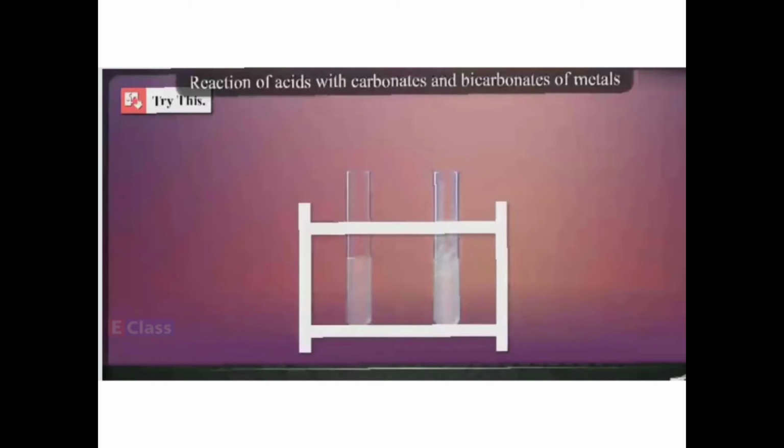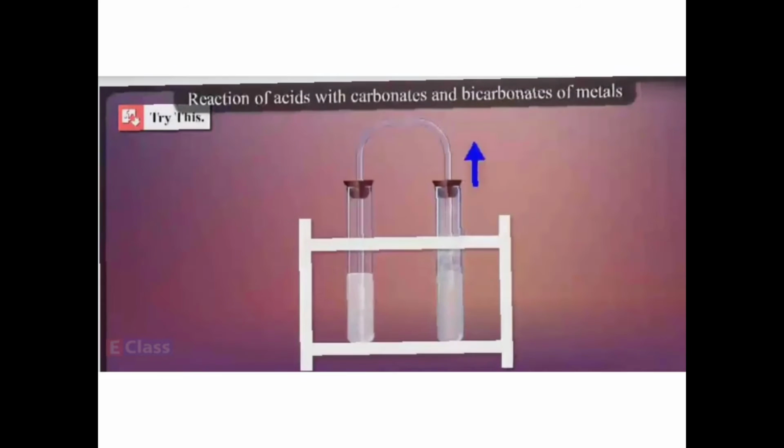We are going to take the lime water in the test tube. See, this is the lime water. Okay, you are going to keep it handy. And in the other test tube, you are going to take the baking soda. Here you are going to take the baking soda and just add lemon juice into it. Now such things are there at home also, lemon juice and the baking soda. So you can just add it and immediately fit the bend tube. Close it.